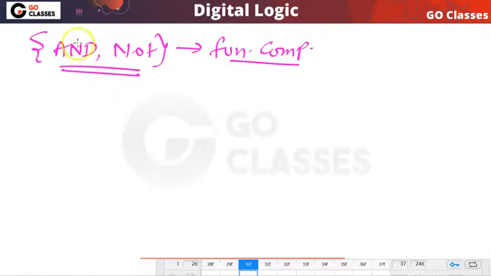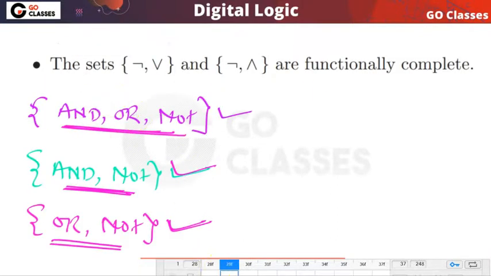We want to see whether this is functionally complete or not. Only OR is missing. So if I can create the OR operation from AND comma NOT using these two operations, then I can say that this set is functionally complete.